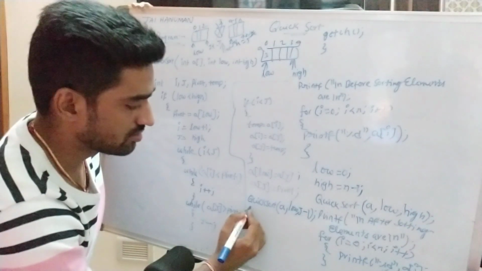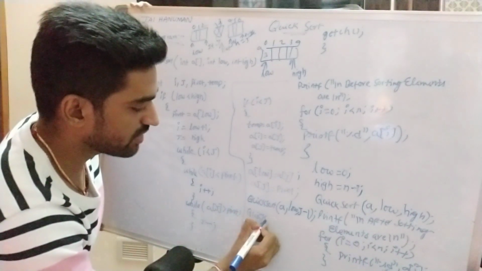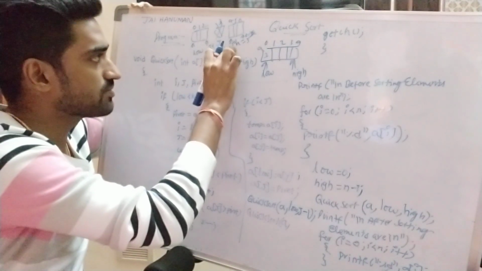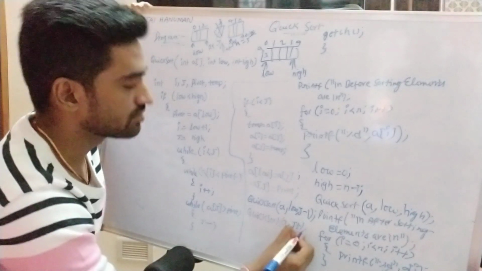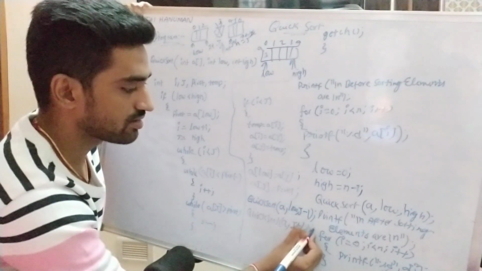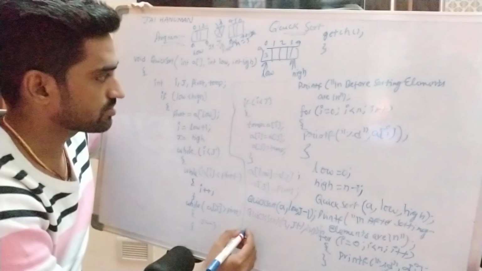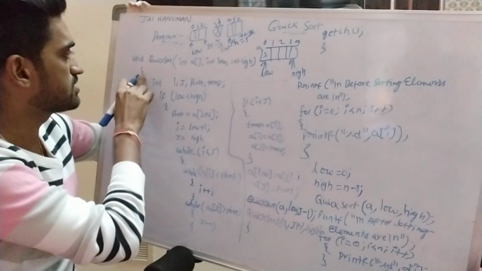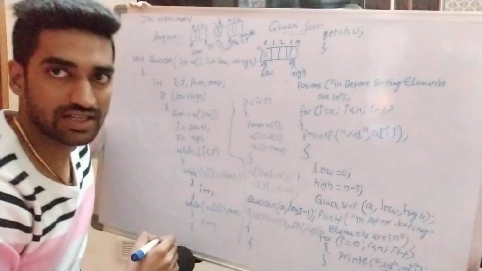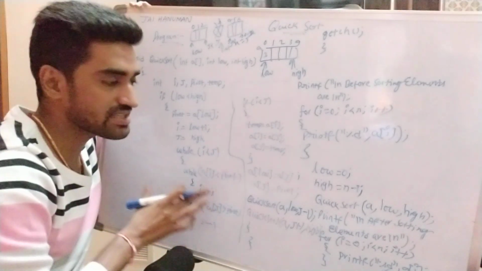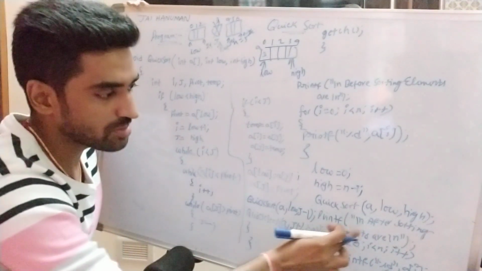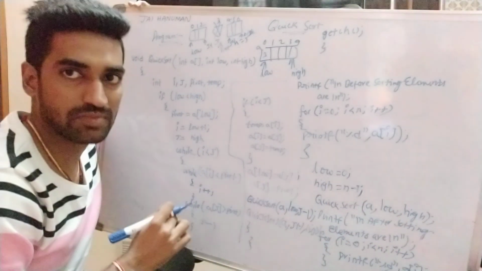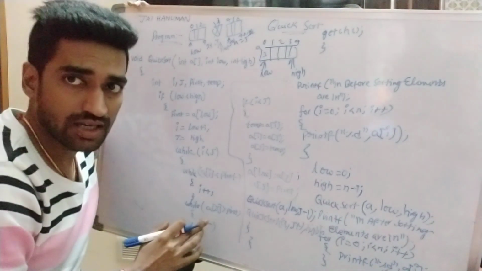Then we are calling one more function for the right subarray. This right subarray contains array name A, the lower boundary value is j plus 1, and the higher boundary value is denoted by high, right? Then we are closing this, and then closing the entire quicksort function definition. Once this procedure has been completed, the control will be passed to the statement after sorting the elements, and then we are printing all the elements. So this is the program for the quicksort mechanism.